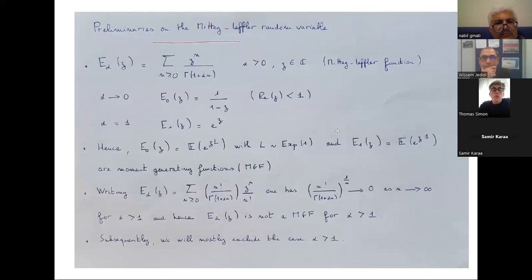So one question, which has been understood for many years, but this is an introductory file, is whether the Mittag-Leffler function is a moment generating function. So if you take alpha strictly greater than 1, and if you rewrite the